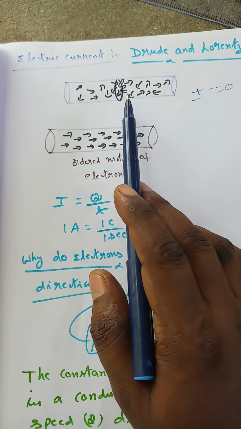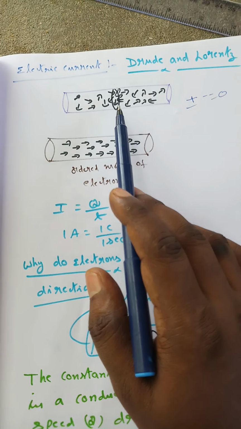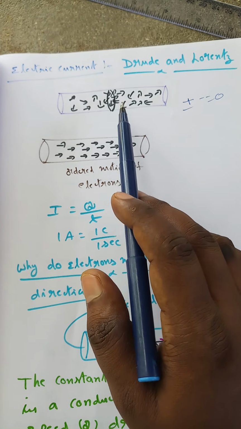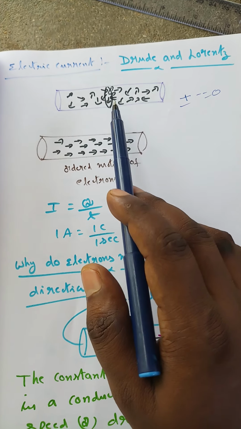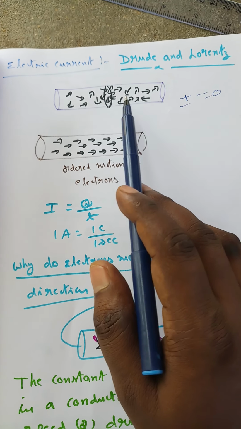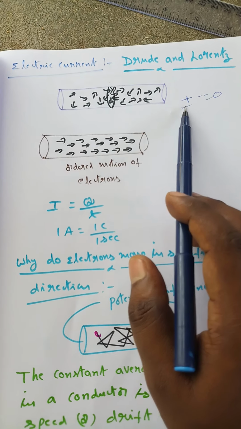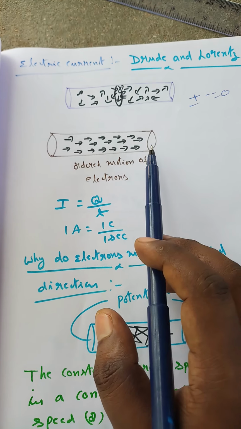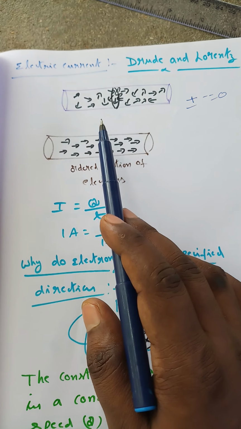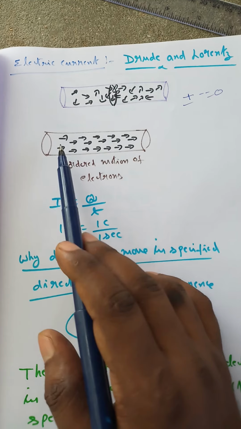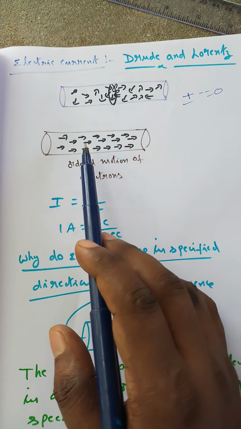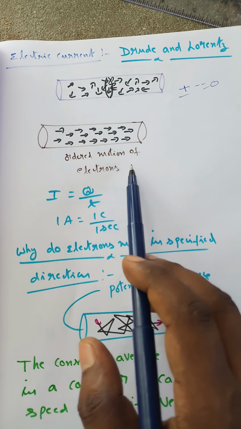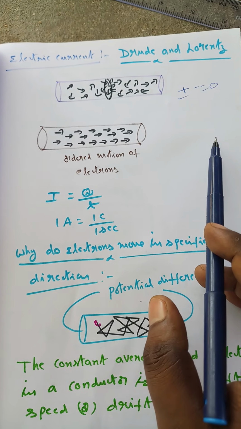Whereas in the absence of a power source, the electrons are moving randomly in different directions. There is no motion of net charge through any cross sectional area in any one particular direction. That's why electric current I is equal to 0. But when the two ends of a conductor are connected to two terminals of a battery, all the electrons move in one particular direction, and this ordered motion of electrons constitutes an electric current.